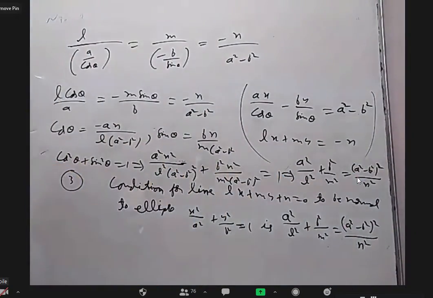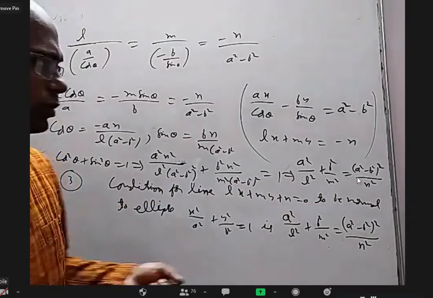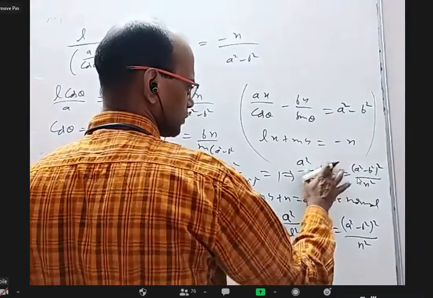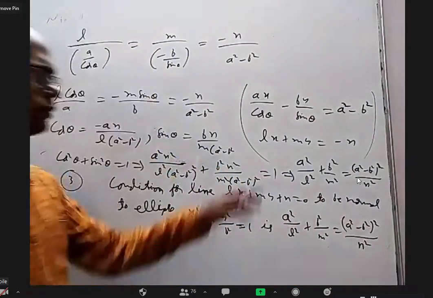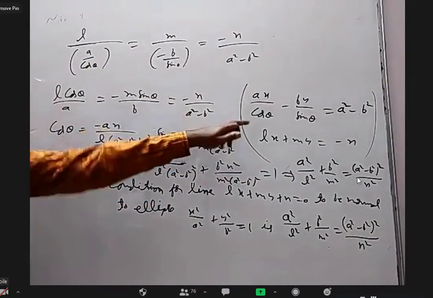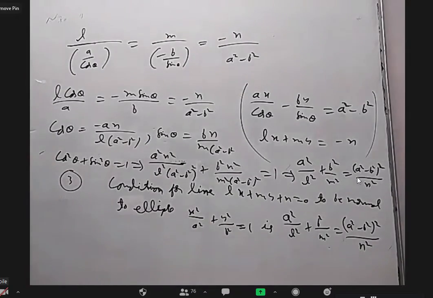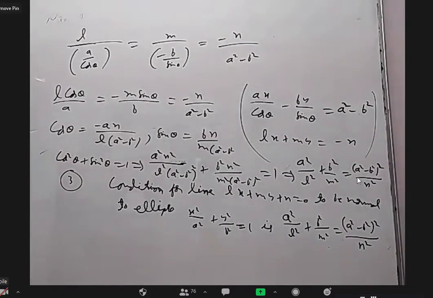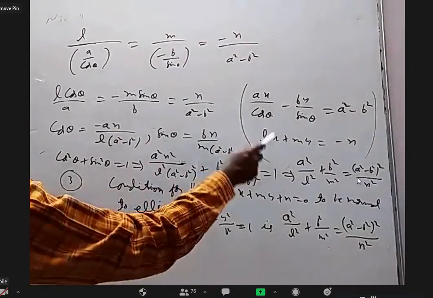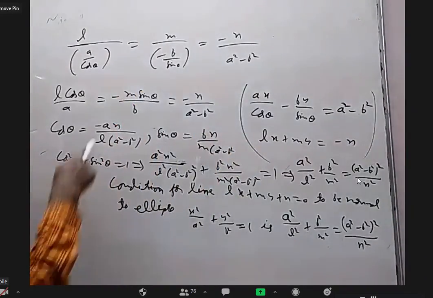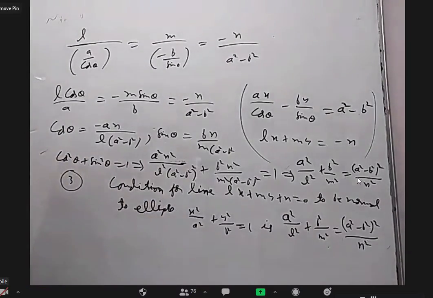Okay. Some questions you will be using this formula. So you have to know this formula and you have to remember it. If you don't remember, every time you have to compare with this and eliminate theta. This is a general normal, this is a given normal, just compare them, find cos and sin, square and add to get the condition.